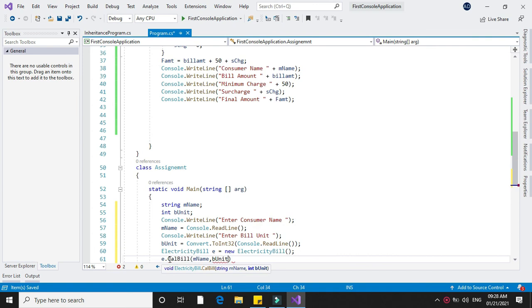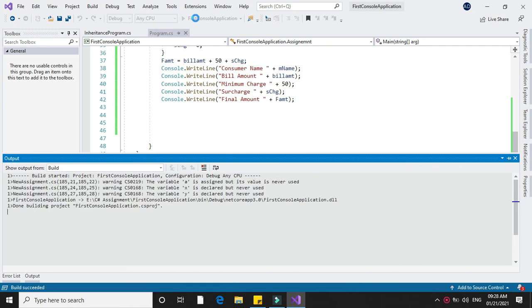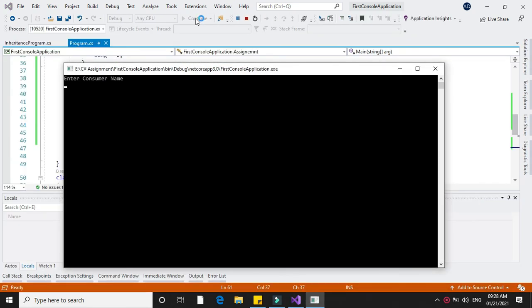To execute, press F5. Here I will enter a name and I will enter units 100. It will calculate the bill. Since for first 100 units it is 60 paisa, the bill amount is 60, then minimum charge is 50, so the final bill is 110.